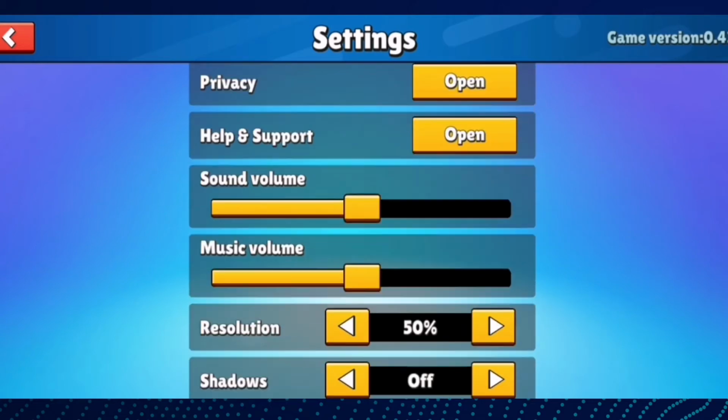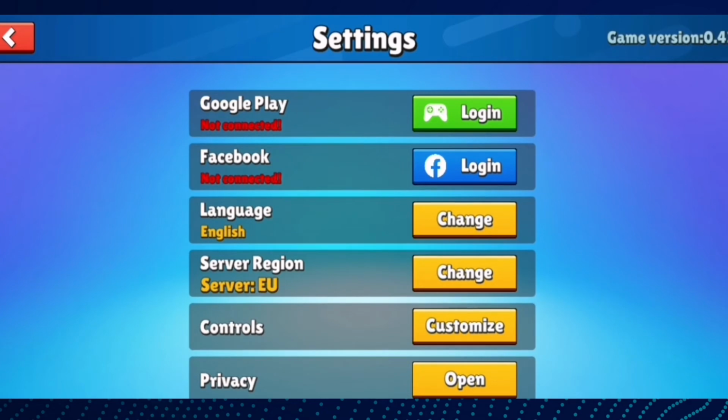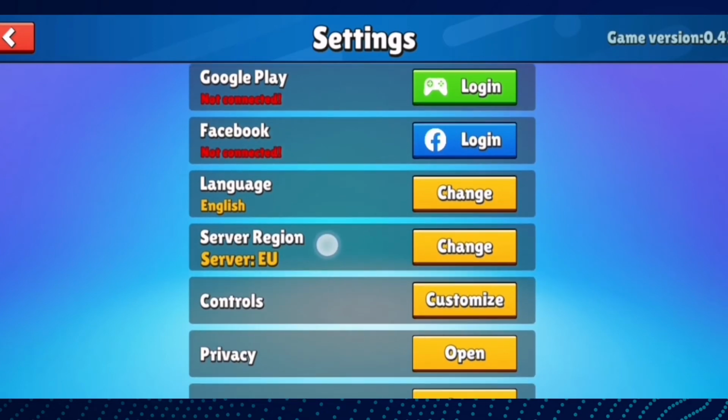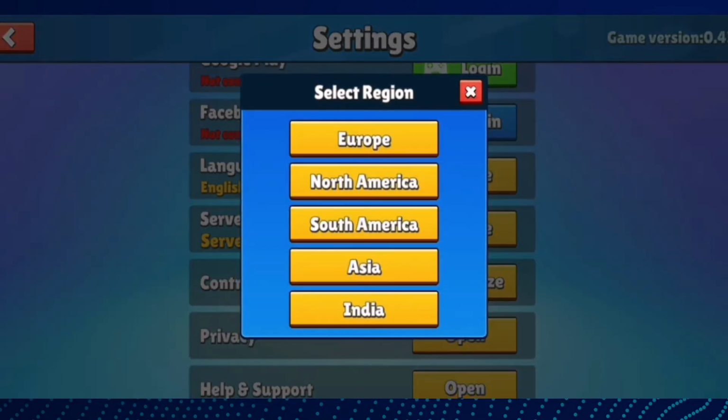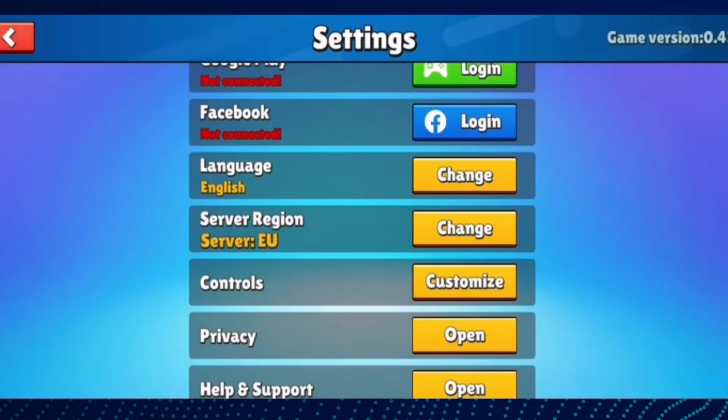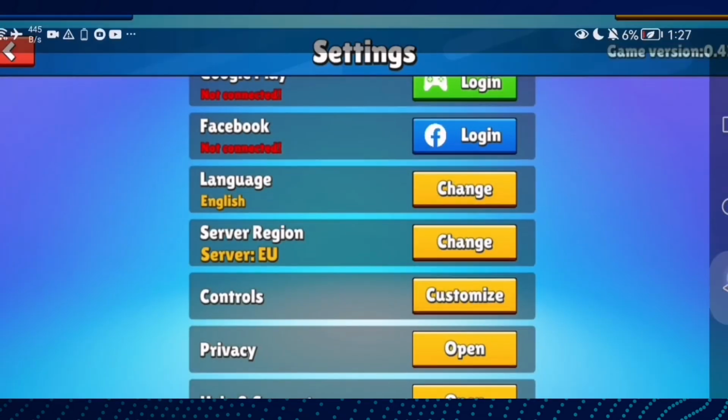Make it off, and then go to this one, server, click change. Now just select the closest server to you, like North America or Europe, and that's it. Now go back and try again and your